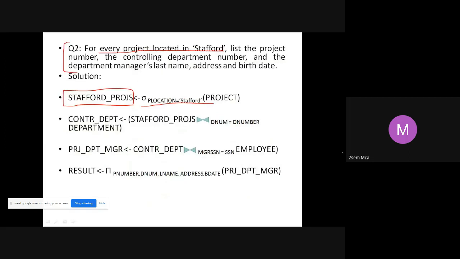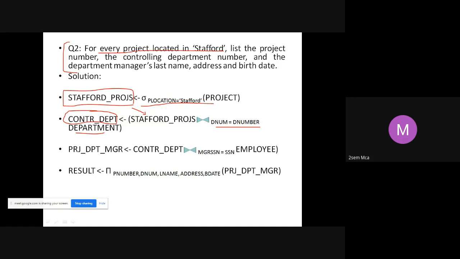So I will write one more query wherein I am applying a join. D number is equal to D number. Which are the tables on which I am applying? This table, which contains all the projects at Stafford, plus I apply it on the department table. So for all the projects that are there in Stafford, I will get to know which is the department which is controlling it. I will simply store it in another simple table called control department.